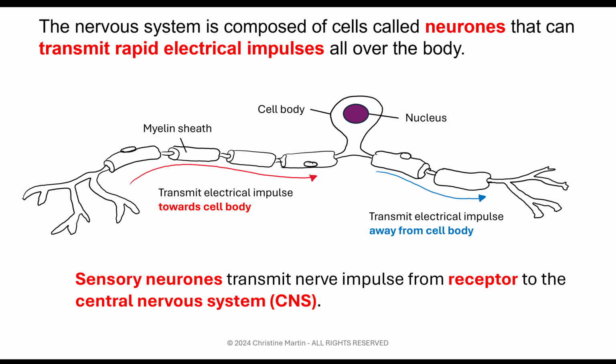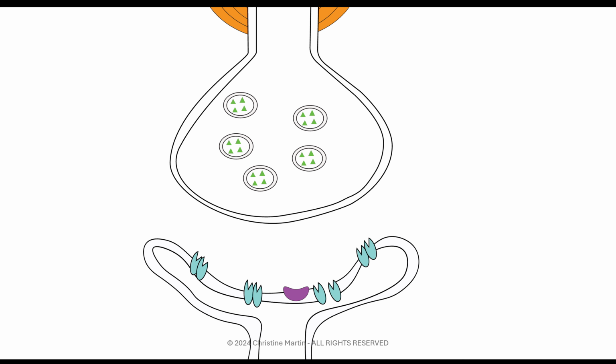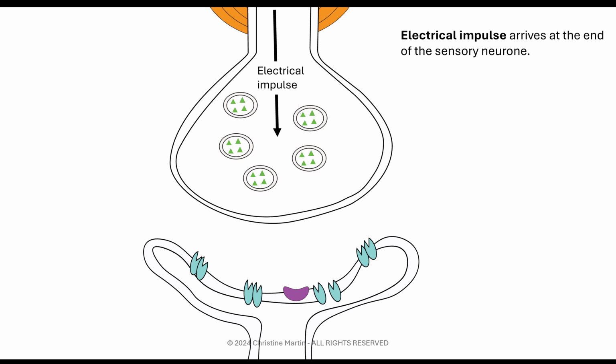So how does it do that? Well, it's important to note that when we come to the end of a sensory neuron, once the electrical impulse arrives at the end of that sensory neuron, there's actually a gap. And that's a really small gap, which is called the synapse. So this electrical impulse has come down my sensory neuron. It cannot get across the gap. The electrical impulse is not able to jump the gap,